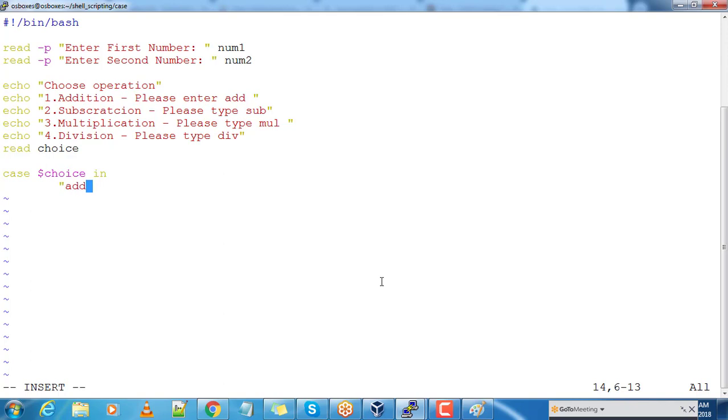So this is add, then sum equal to, I can use expr or let or whatever the operator, dollar num1 plus dollar num2, and ending this, and I can print echo sum is dollar sum, and two semicolons, and if it is subtraction, then